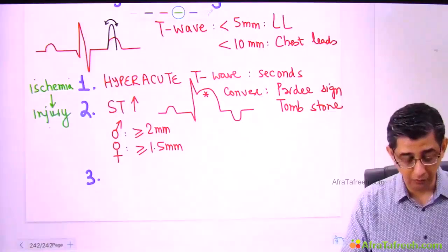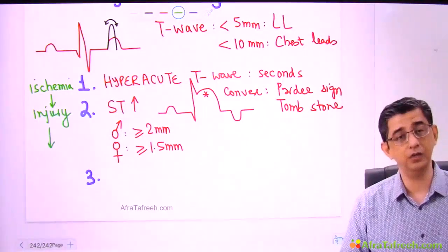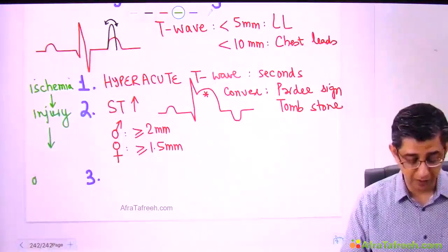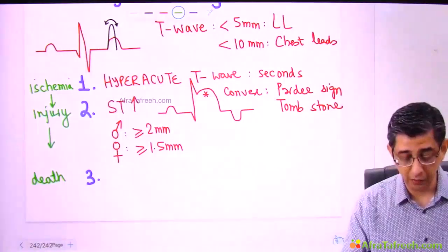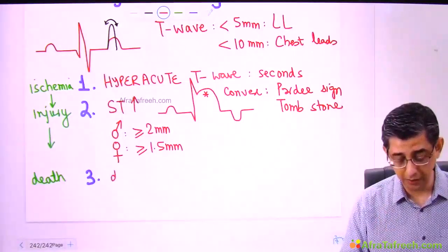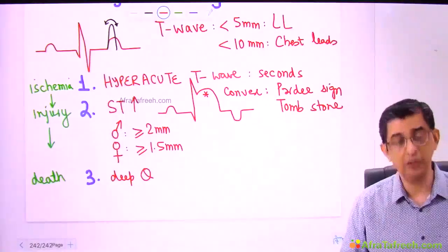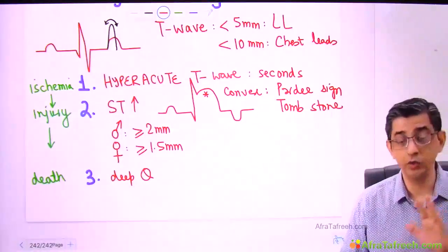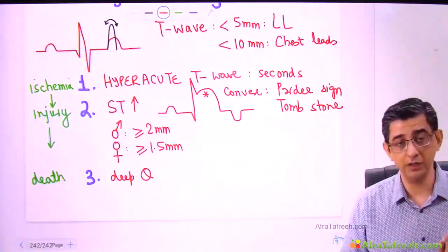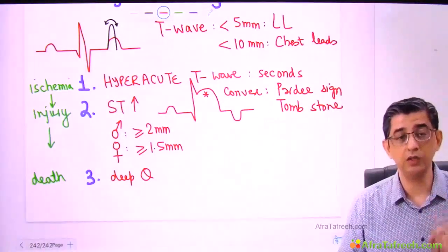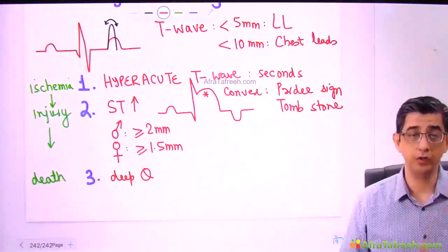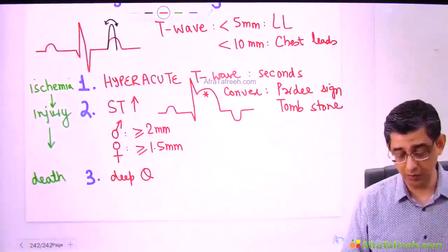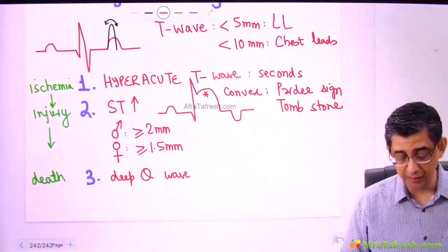In fact, you very well know from pathology, and he's trying to link up pathology with the clinical domain. First there is ischemia, then there is injury, and then there is cell death. And the ECG finding that will always be present because of cell death will be deep Q waves. I hope you recall that the Q wave is very small in size. It usually fits into one small square in the ECG. If the Q wave goes beyond one small square, either vertically or horizontally, it will be called a capital Q wave. And this deep Q wave indicates cell death.